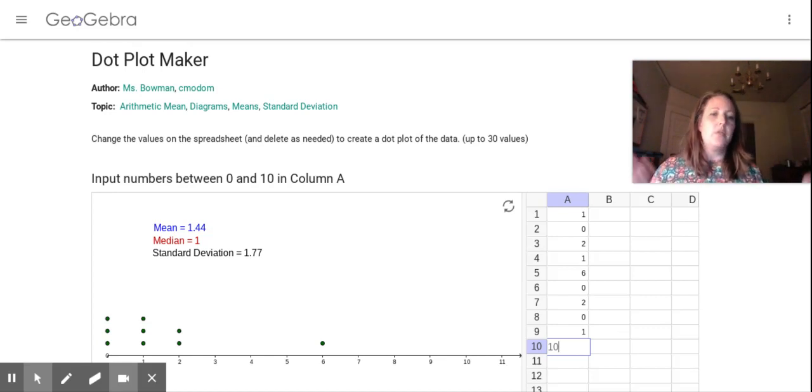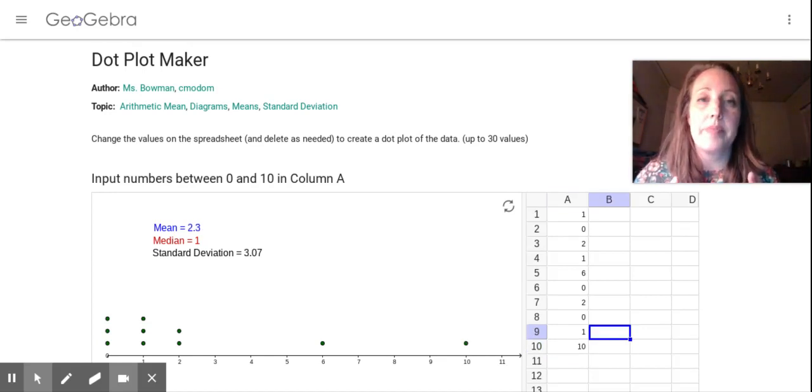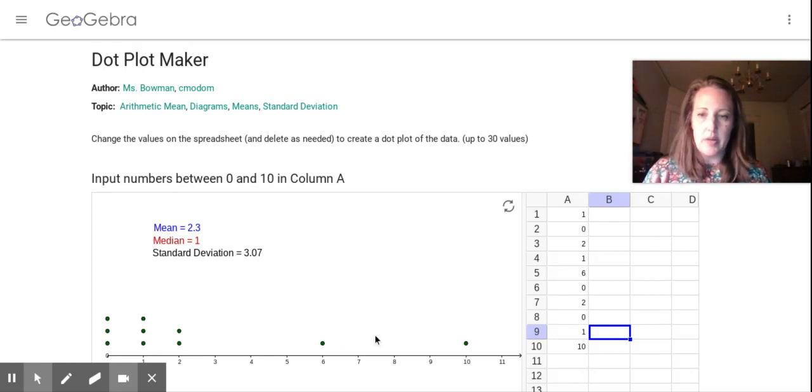Anyway, what I was saying was, in your futures, technology is so important. These are tools. We need to learn how to use them, right? So in this example, we put in our data. Here's our dot plot. Look, it even generates for us the mean, the median, and what's called the standard deviation. This number tells me how close my data is as far as